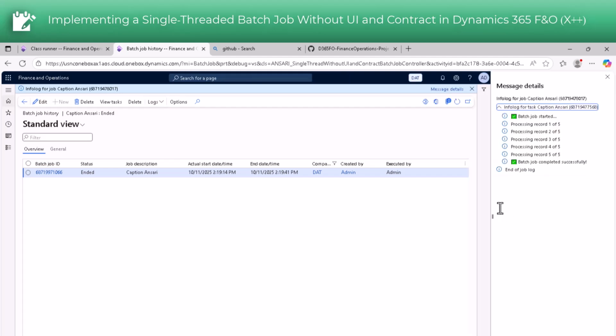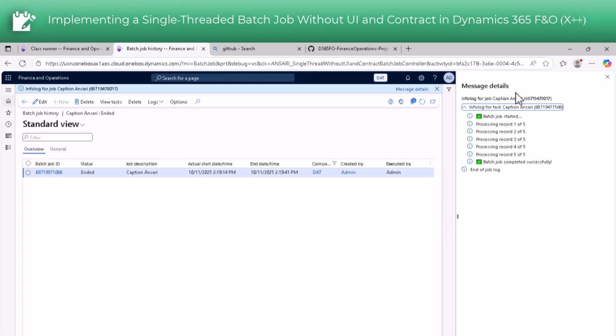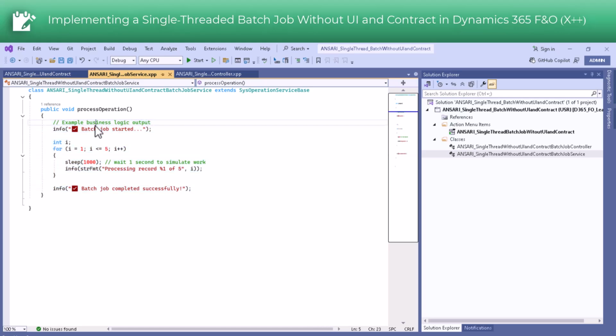So if you click over here, you can see the output. Why is this information showing like this? Because if I show you the message over here, first it prints one batch job info message, "batch job started", and then there is our loop, and it will wait for 1 second for each, and this for loop will execute 5 times consecutively, and it will print